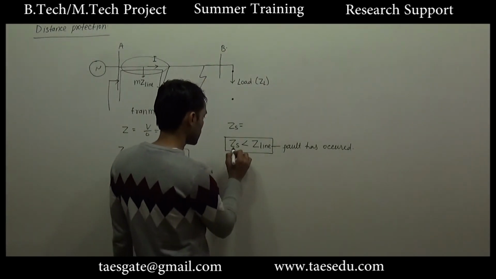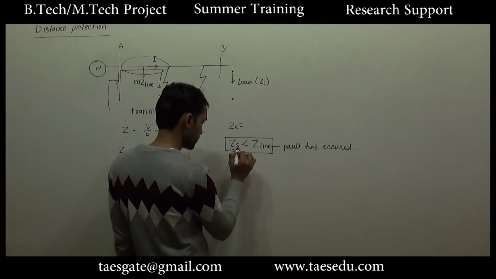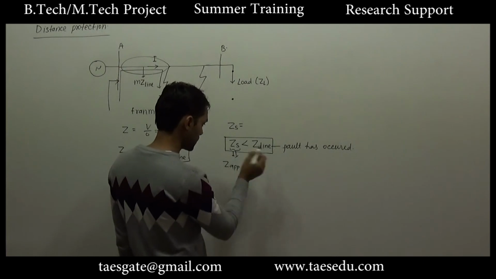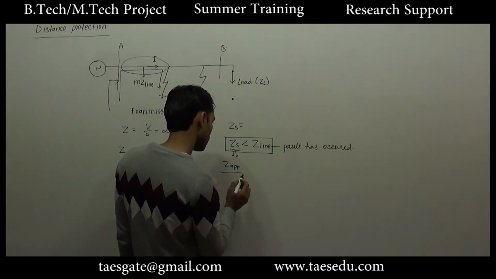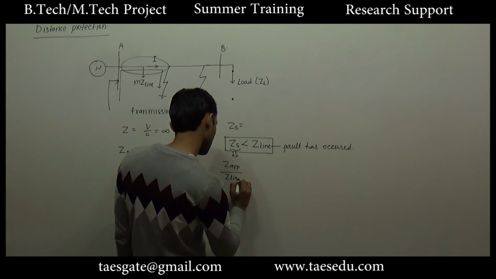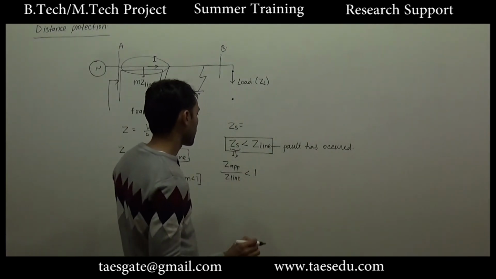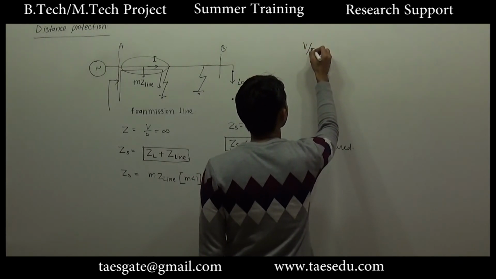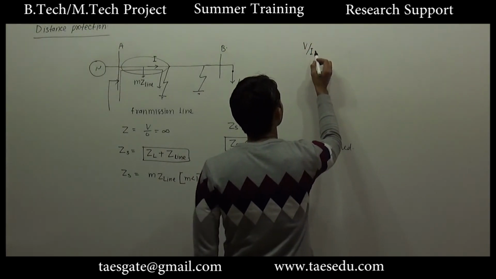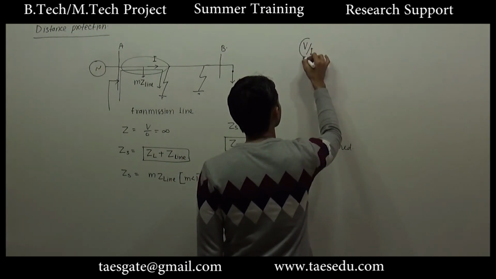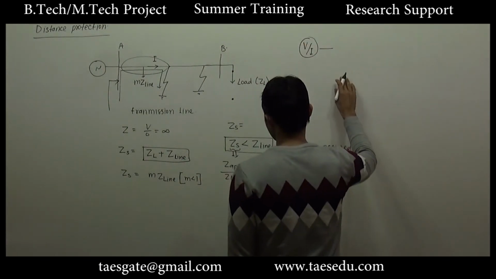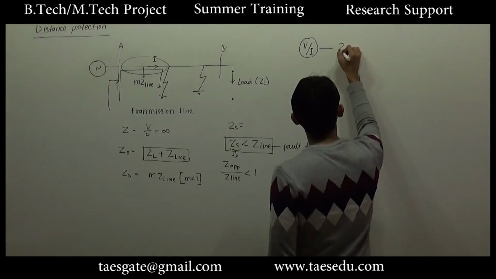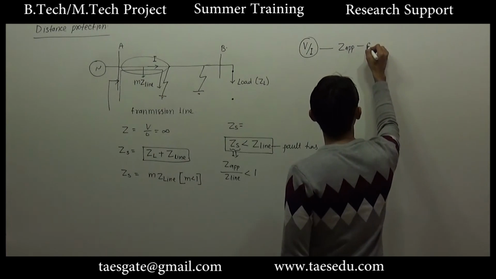And the impedance seen by the source is represented as apparent impedance. In case of fault, the ratio of apparent impedance to the Z line will be less than 1, and this impedance is measured with the measurement of voltage and current. We take these as phasor quantities. Okay, so if these are phasor quantities, Z apparent will be complex,